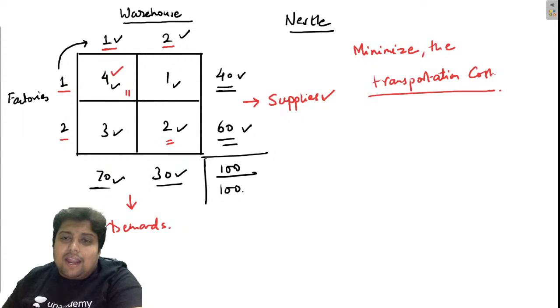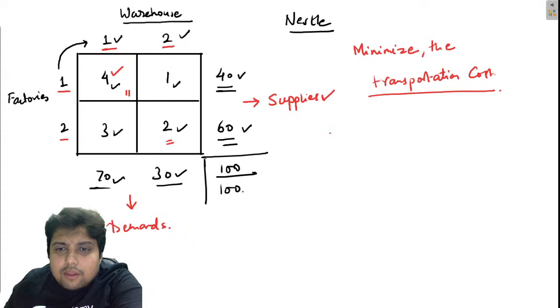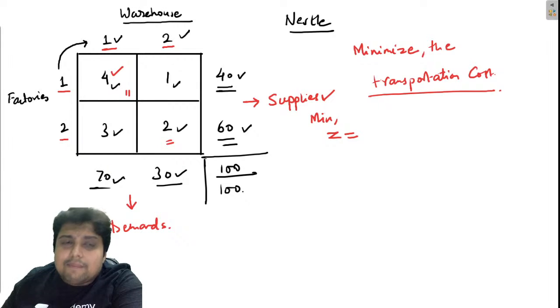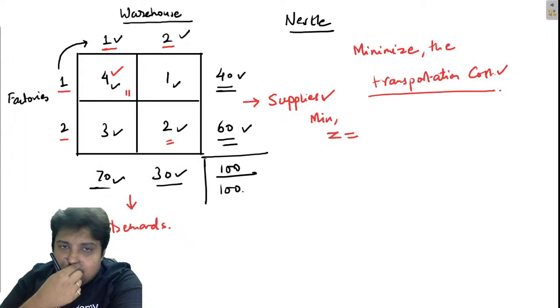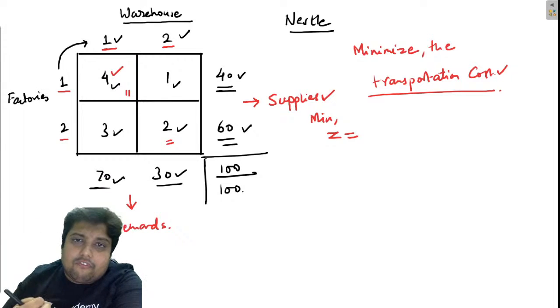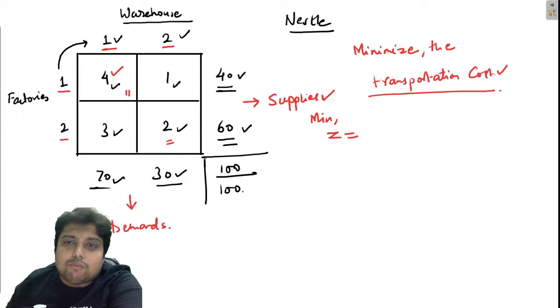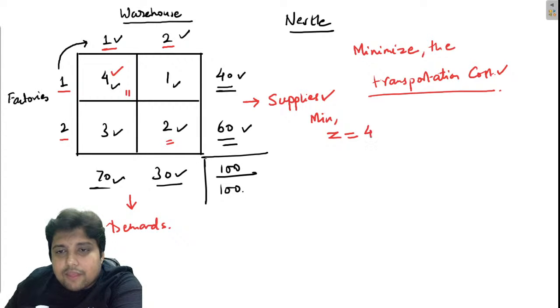So now if I write the objective function Z, remember I have to minimize Z, because I am minimizing the transportation cost, which is borne by the company itself. If the company wants to maximize the profit, then they have to minimize the transportation cost. So the objective is to minimize Z. And how will I write Z? I will write Z as 4x11 plus x12 plus